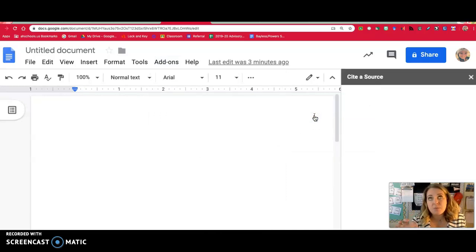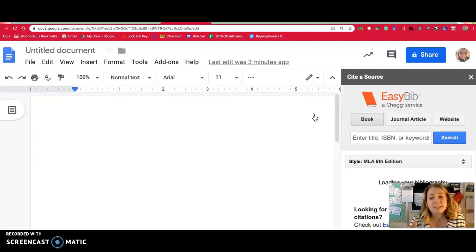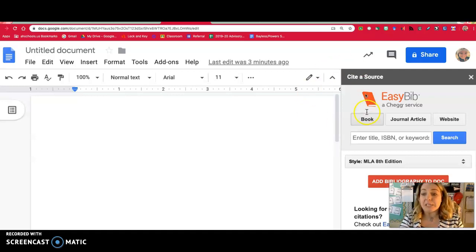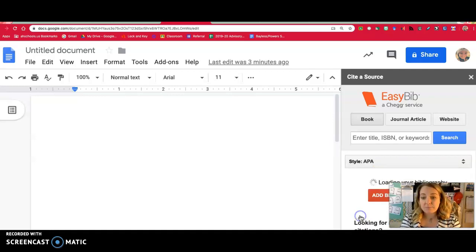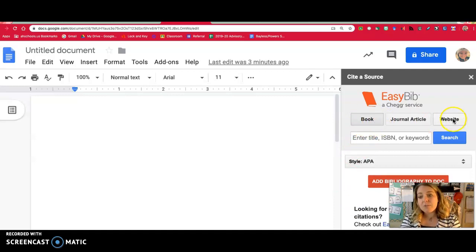Now, because we follow the APA format, we follow the APA rules, there are a couple things here you will have to do. It's defaulted right here to where it says style. It says MLA 8th edition. You need to change that to APA. Okay. And then also right now book is selected, but we're using websites as most of our sources. So you click on website and then it tells you to put in the URL. That's the link that we copied on the page of the article. So we put in the URL, click search,